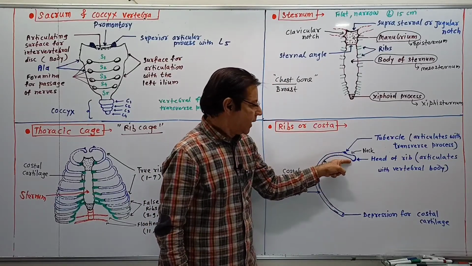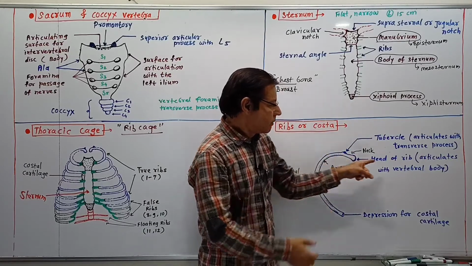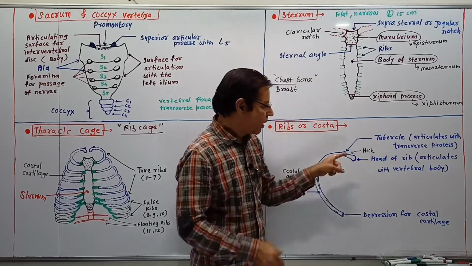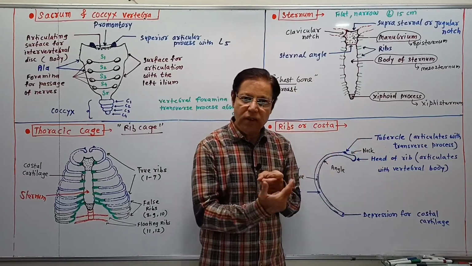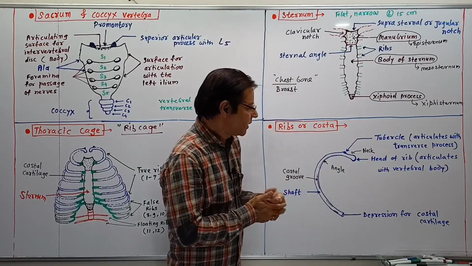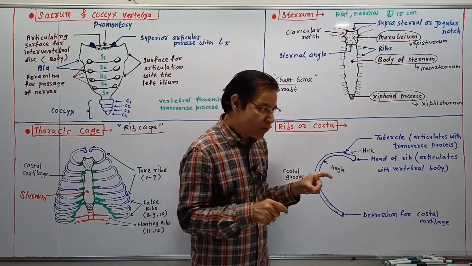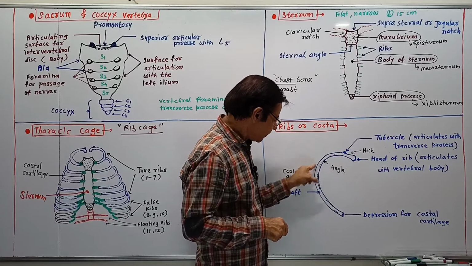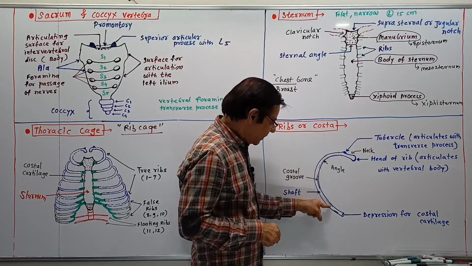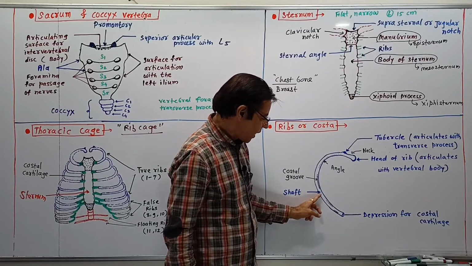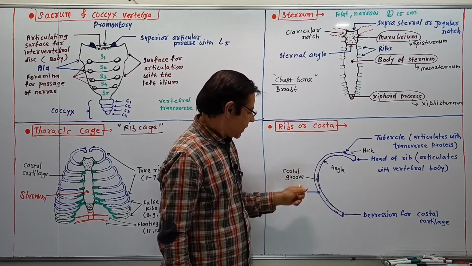Head articulates with the body of the thoracic vertebra, tubercle articulates with the transverse process of the thoracic vertebra, while the semicircular bony rod-like elongated structure is called the shaft or body of the rib